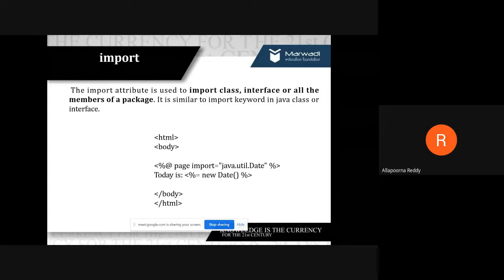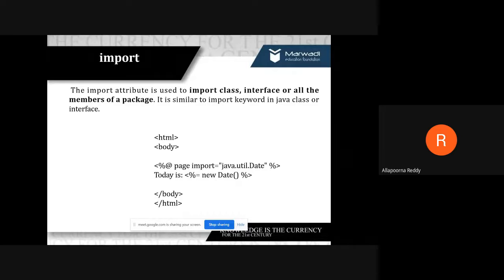Whatever you want to import, you can do using this JSP directive. As I mentioned already, it's the same as the import keyword in Java. When you import some class or interface, you use the keyword import. The same thing here, in JSP you use import.